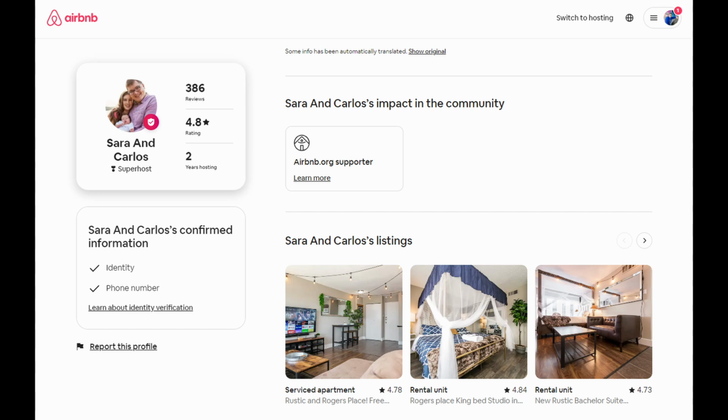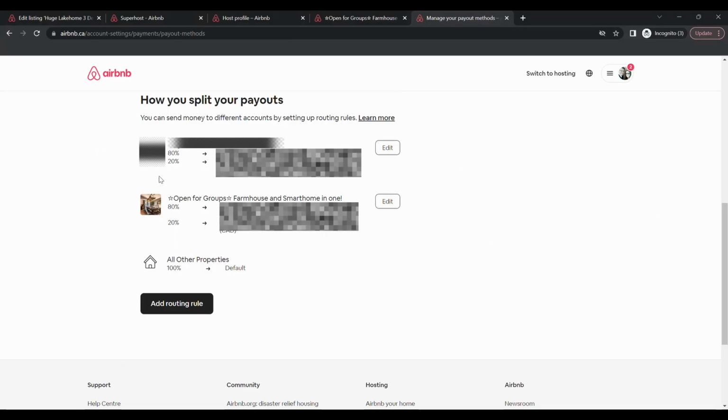In terms of hosting, it is completely unregulated. The only other thing I would recommend in Alberta with RECA, and any realtor here can correct me, is this: if you get into property management, the biggest thing is whether you're able to collect payments and then pay them out to the landlord. That's kind of the rule of thumb. If they feel like you're not collecting the payments, you may not need a license. It's complicated, and I have no idea really about what I'm talking about. But the big thing that was emphasized to me is to make sure that you're not collecting payments and then remitting them to the property owner.